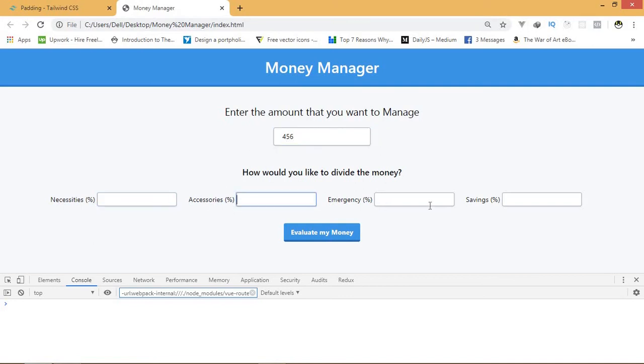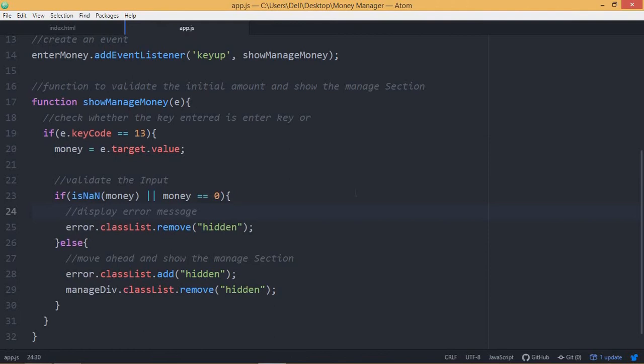and now for the second part, we actually have 4 inputs here. So when I click here to evaluate the money, I actually want to add a validation first, and I have to check whether any input field is empty. If the input field is empty, then I need to display the error. Also, the percentage of the 4 inputs should be added, and if it is exceeding 100, then we're going to display another error as well. Okay, so first things first,